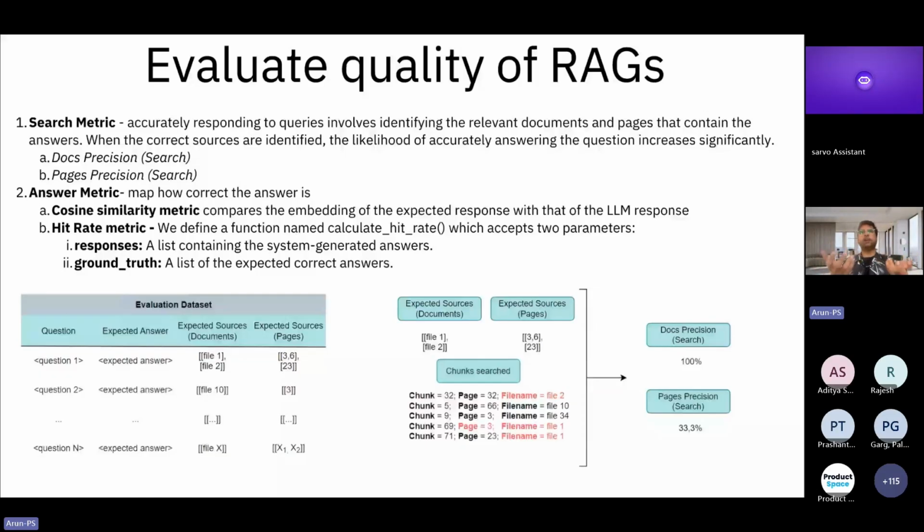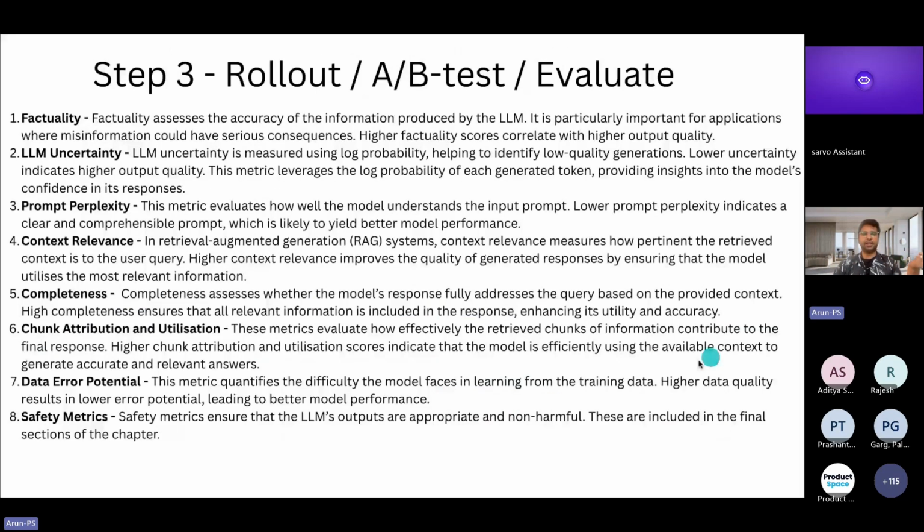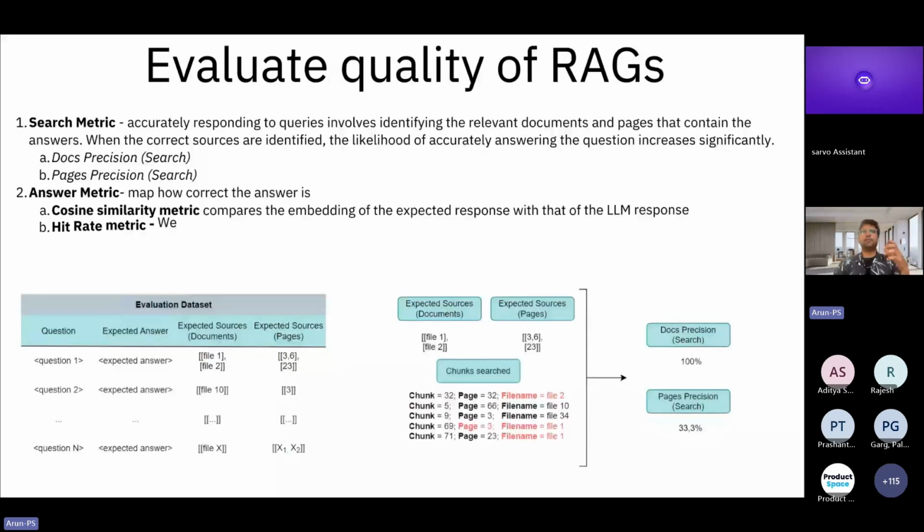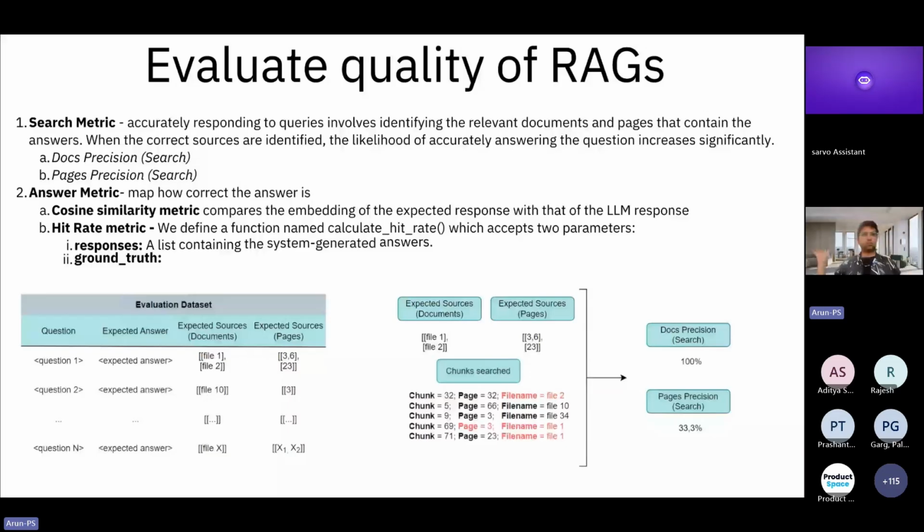Now, how do you evaluate if your RAG is effective or not? You look at chunk attribution and utilization and the completeness score. This is measured like this: think you have created a RAG or a repository where you have stored all your files and all your documents. Every file will have a file number, which is document precision, and every file will have a number of pages, which is called page precision. So in my RAG, if I have file 1 and I am looking for a response from pages 3 and 6, and then I have a file 2 where I am looking at page number 23,